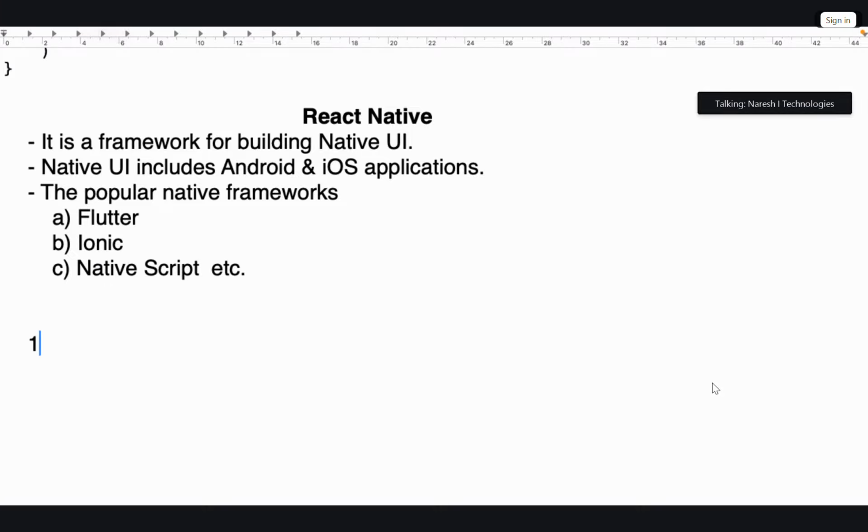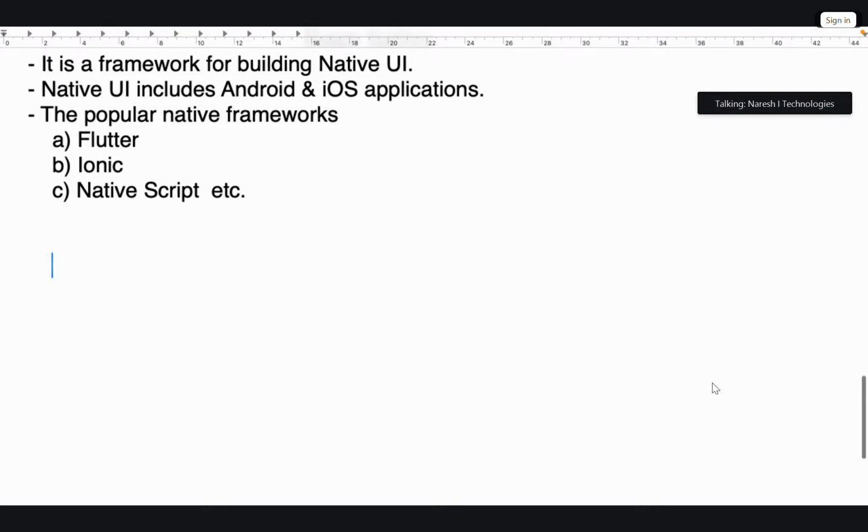How you can create one is, you run npx create-expo-app@latest and give an app name. This is creating a mobile native app using React.